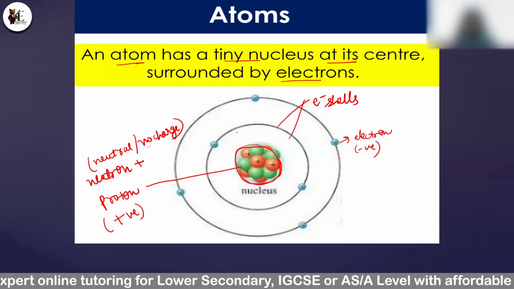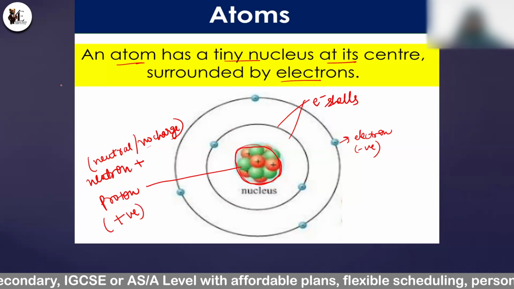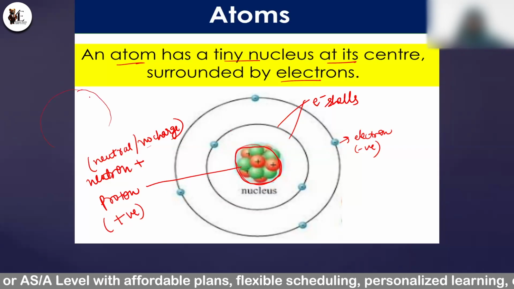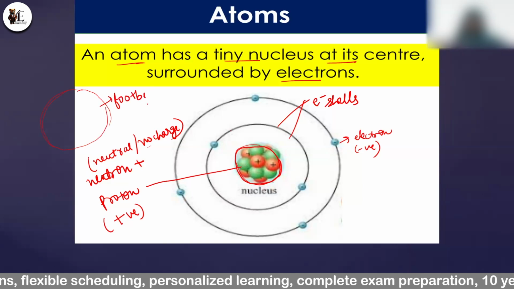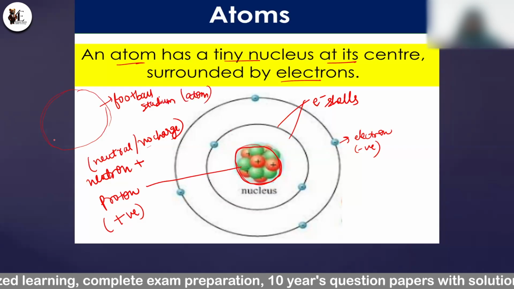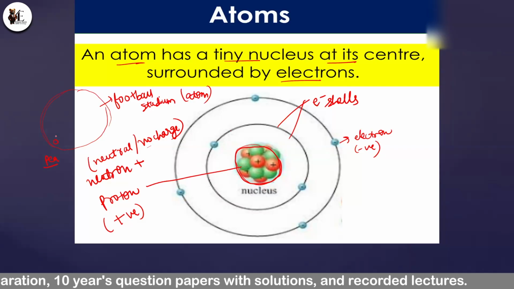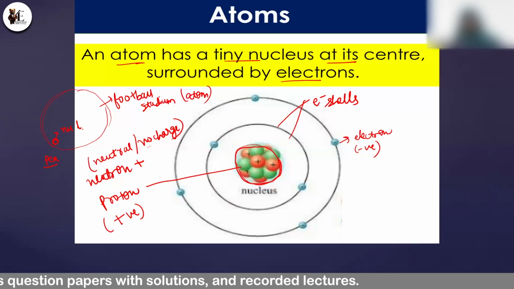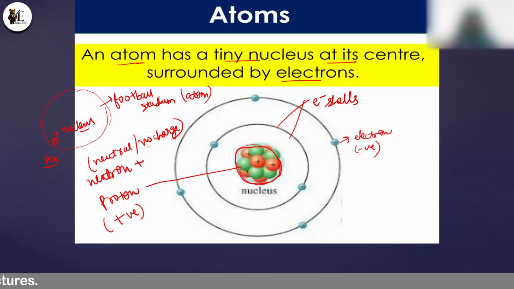So what is the structure of an atom? Always remember, an atom consists of a tiny nucleus. It is very small. For example, let me give you an example. If you have a football stadium, you know how big a football stadium is, right? If I'm having a football stadium, suppose it is my atom. And you know a pea, the size of a pea, which you can call matar in Hindi, right? So this is your nucleus. So you can imagine how small the nucleus is as compared to the atom, right? So an atom has a very tiny nucleus at its center and it is surrounded by electrons.